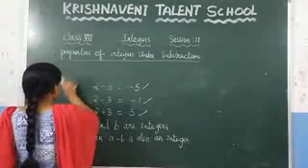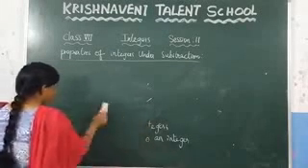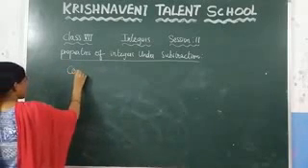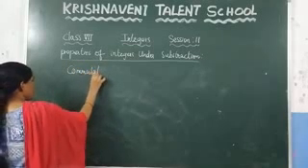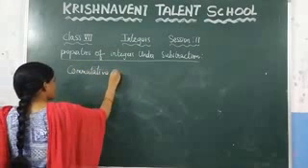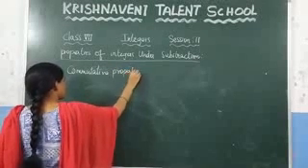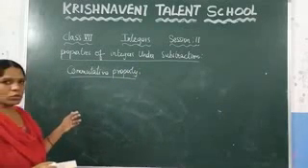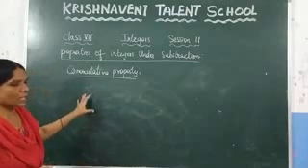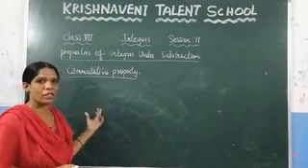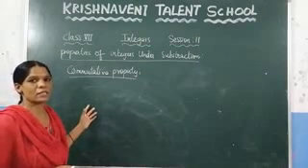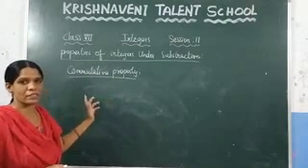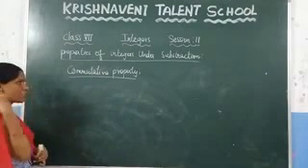Now check the commutative property under subtraction. Commutative property. You know what it states? If you take two integers, subtract them, and change the order, you have to get the same result. If you are getting the same result, we can say that the commutative property holds good under subtraction for integers, otherwise not. Now take any two integers.